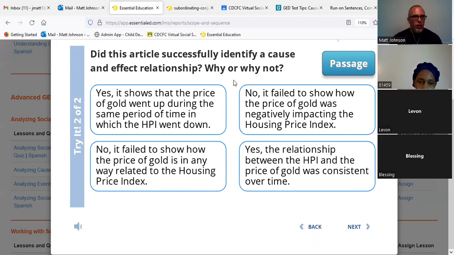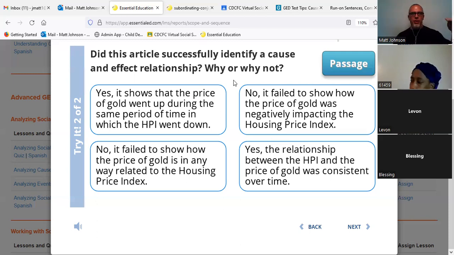So we don't have a cause and effect relationship. We do have a correlation, but it doesn't show how the price of gold negatively impacted the housing price index, right? So these events are happening at the same time. There's probably another cause. And as a matter of fact, you'll see this quite a bit when you have an